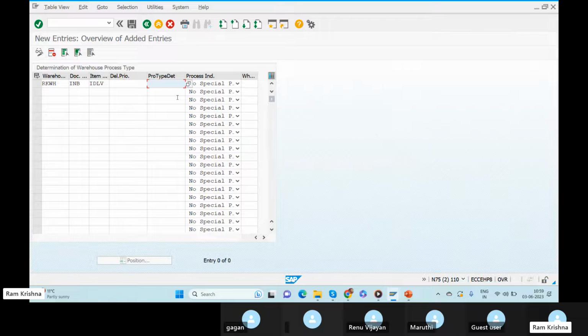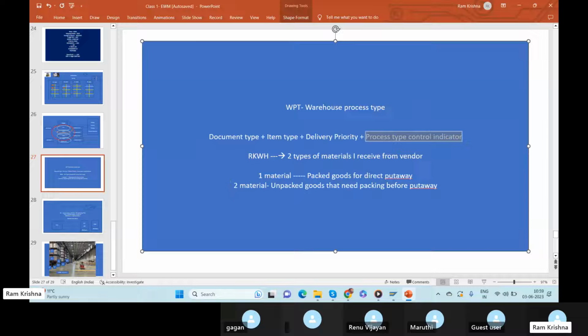And the process type control indicator, I want to keep it blank. Blank means for direct put away. For direct put away, I don't want to trigger this process type control indicator. In this case, it should trigger the process type for direct put away. The same way, another row: INB document type, IDLV item type, delivery priority blank, don't do anything. The process type control indicator is PK. Process type control indicator means, guys, you need to maintain this process type indicator for the respective materials. For all the second kind of materials in the material master or product master, generally in the EWM will